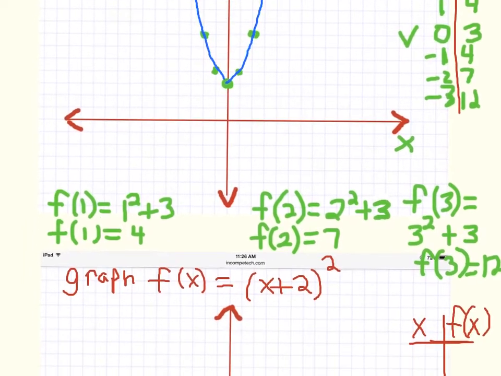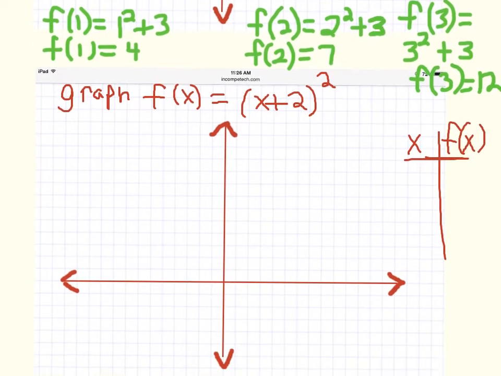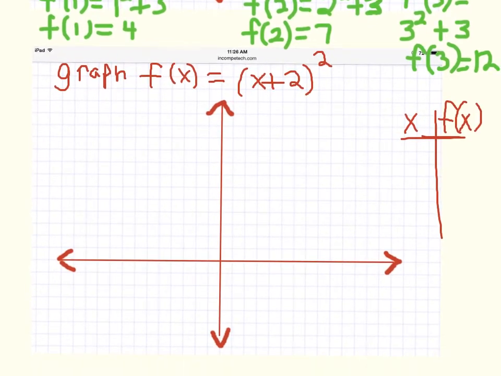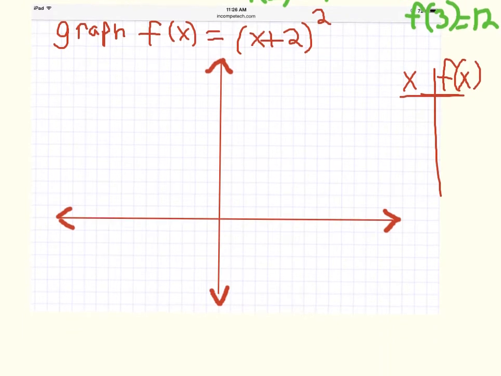Okay, so let's slide up. Now you'll notice that this time I have a number being added inside the parentheses, and we've got to discern what effect that has. Because the number is inside the parentheses, I can get a value of f of x that is equal to 0, but because of the squaring, it's not possible for me to get a value for f of x lower than 0, and